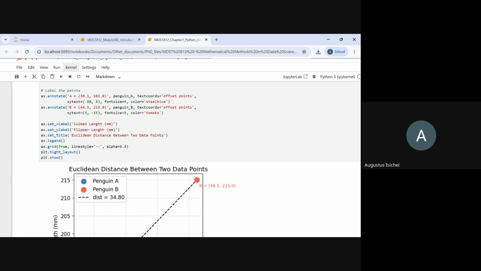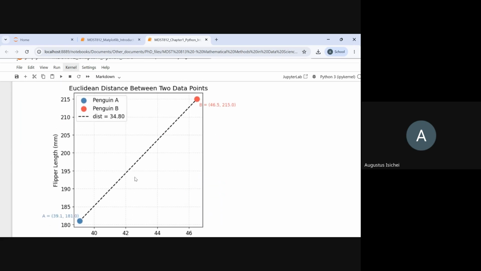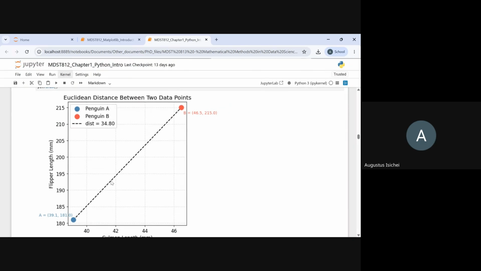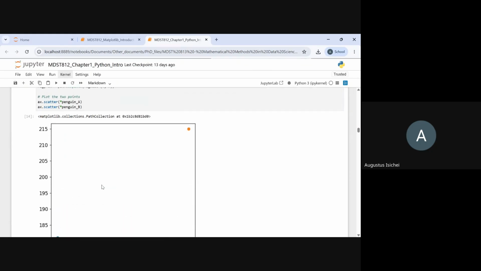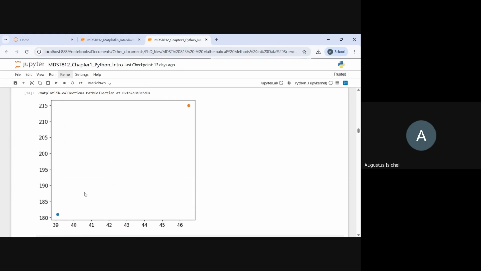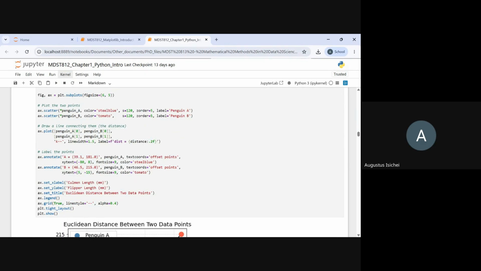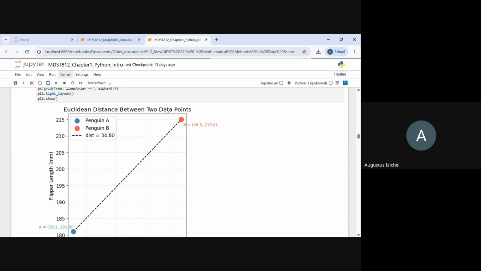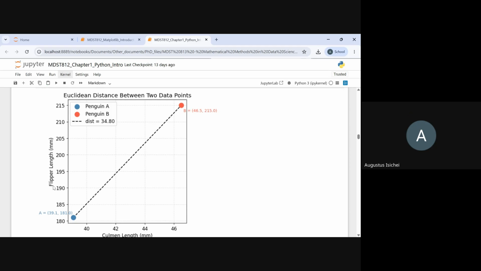So when I execute this code, this is exactly what we have. You can see that this particular chart is more informative compared to this. This is just blank, just the points, because we didn't add all of this other information. But adding those gave us a chart title, the Euclidean distance between 2 points. It gave us the Y